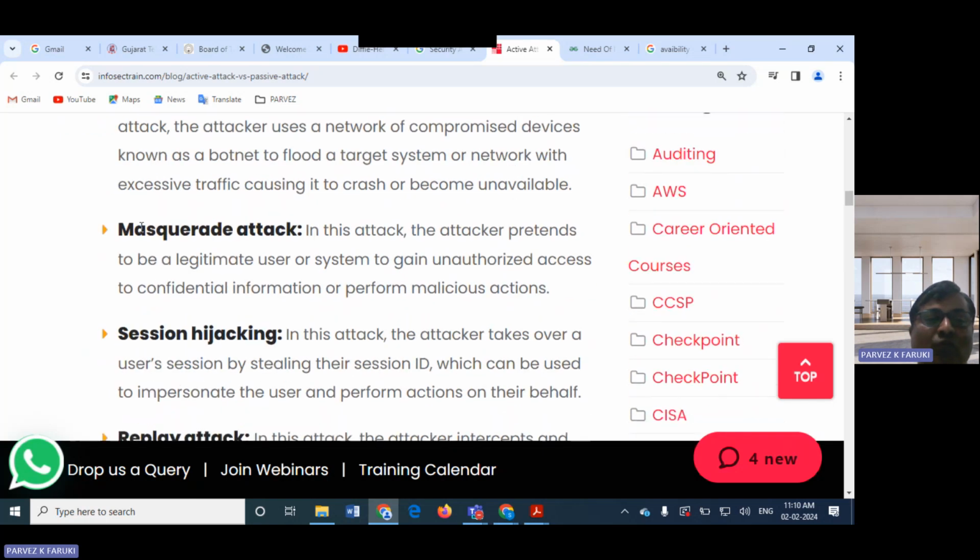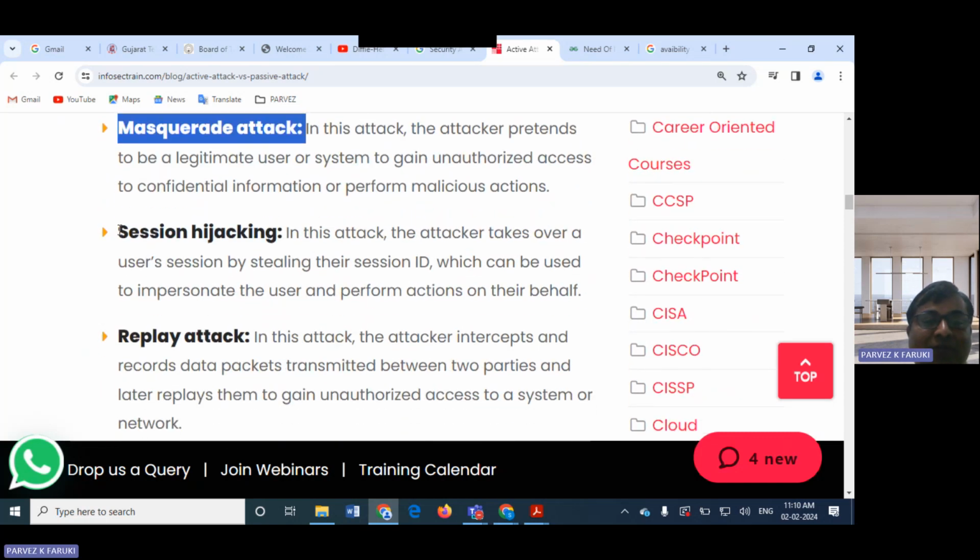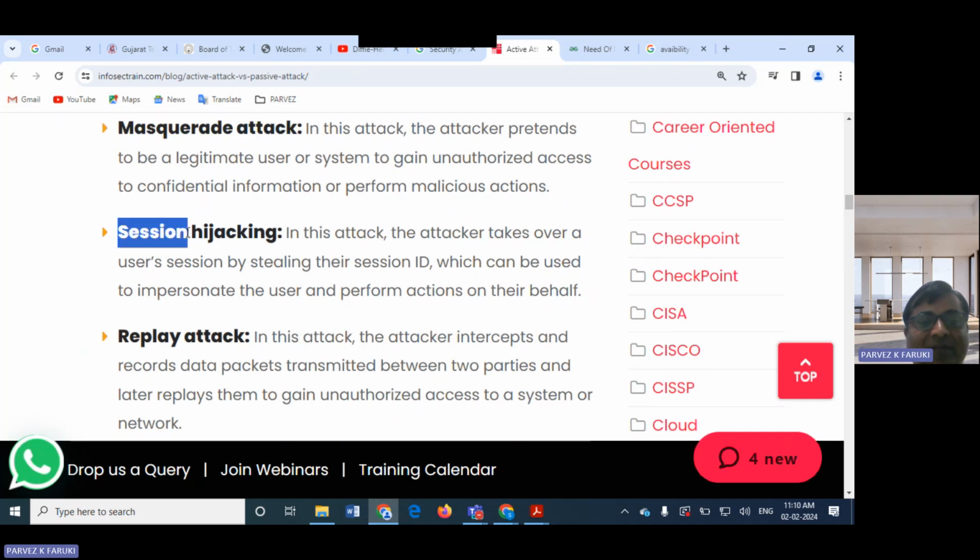Next, if I am able to pose as Alice unauthorizedly, without Alice's knowledge, and gain access to Bob's resources, I call it a masquerade. Somehow there was Alice and Ginny. If I am able to log into Ginny's session while she is using the services, then I say I have